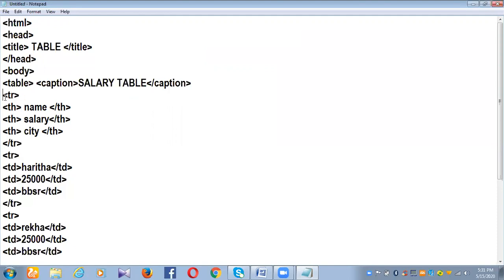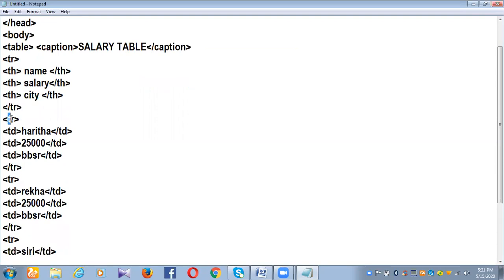Then I have opened my tr, the table row. Under the table row I am giving my headings: name, and close the tag. Then I have mentioned salary within th and forward slash th, these are table headings. Again a table heading, city. So one table row is completed. Then I opened another tr, another row, to insert the data.